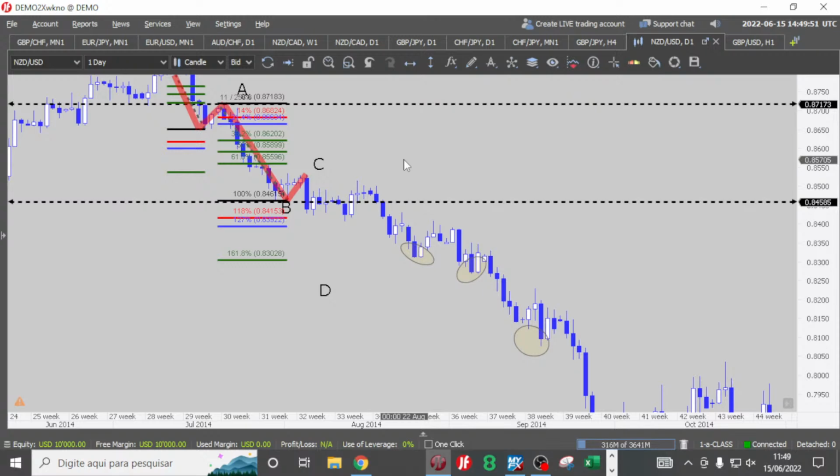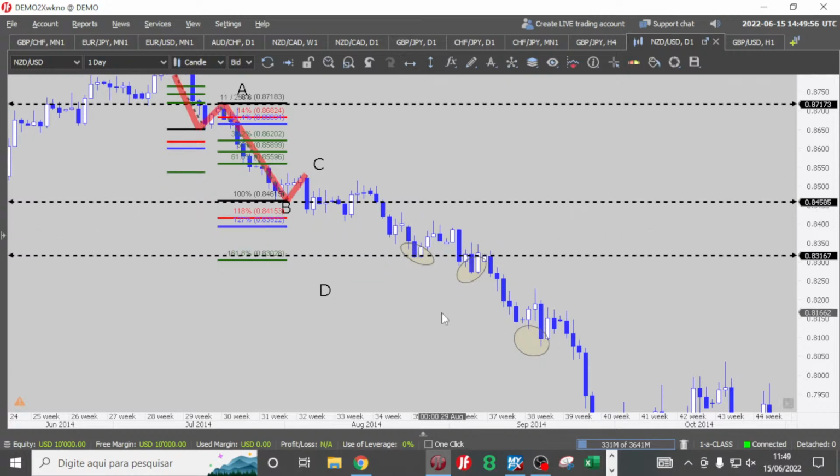Draw a line to check if the first one touches. There you go. So the line is not going to touch the first one. Everybody, I'm going to tell you something. Please take it as a joke. All of you are going to lose money right now. Everybody, pay attention. So the first one did not touch, right?